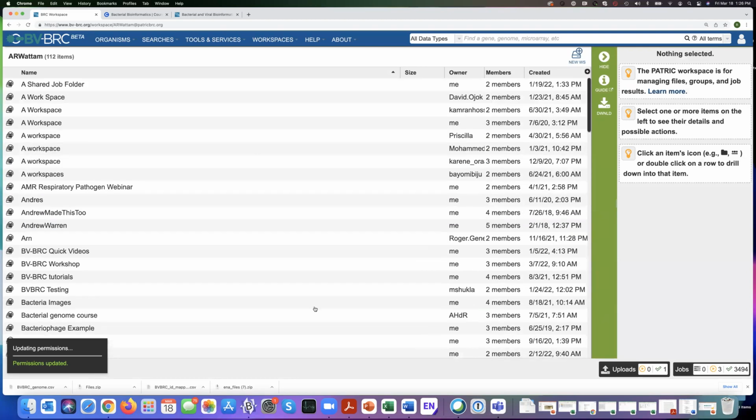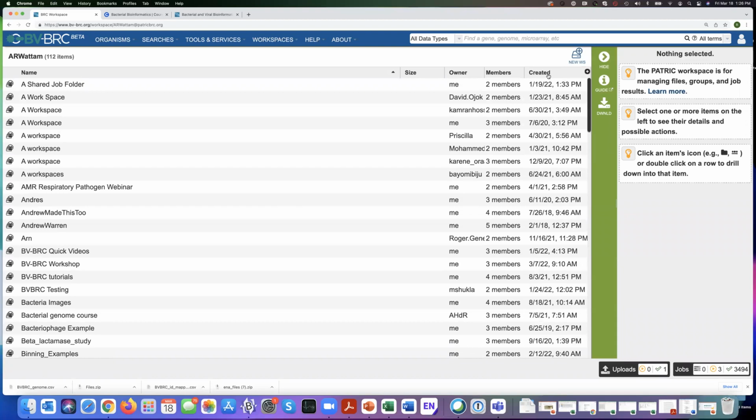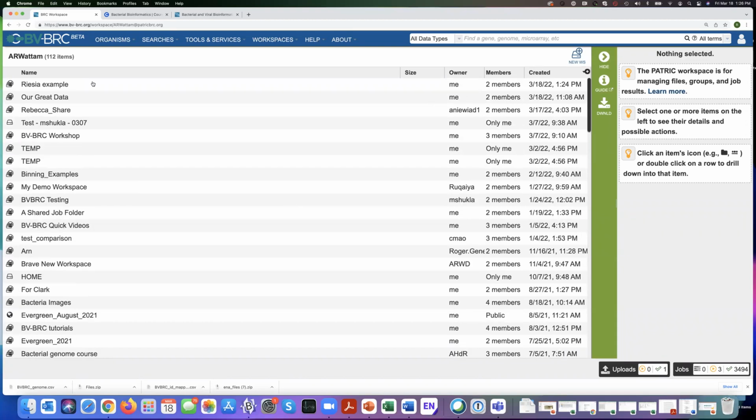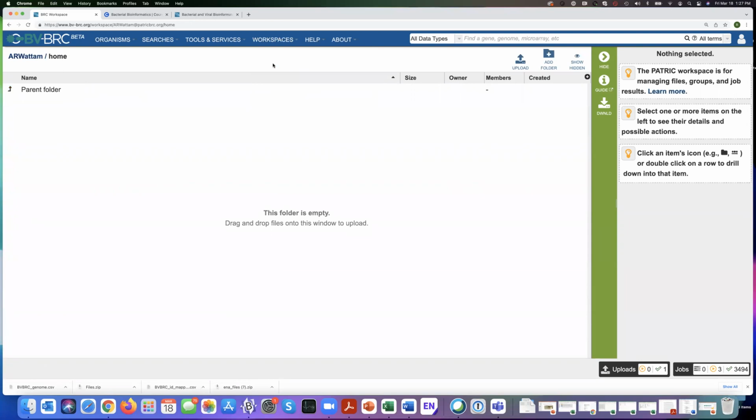And then we have to wait a second. And then let's see if we can get this little guy to come up again the right way. There we go. And now look, it's the happy example here. So now this workspace is empty. Let's say I want to copy some data, maybe not move it because that's a shared folder. Let's say I want to copy data into it from my own workspace. So I'm going to go back to my home workspace